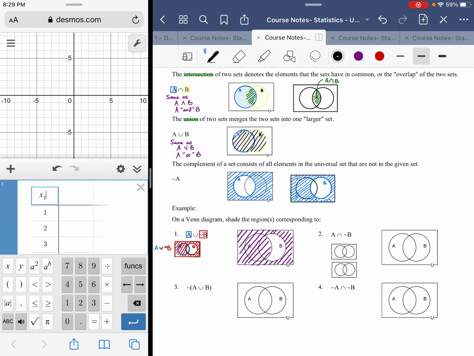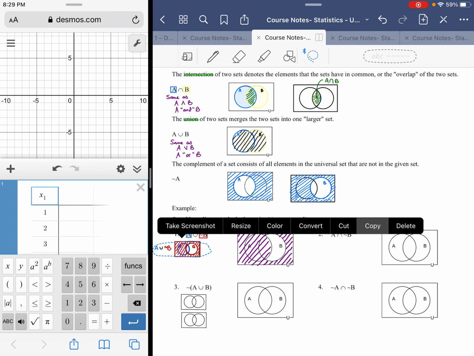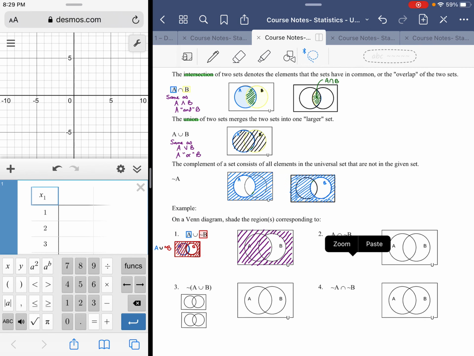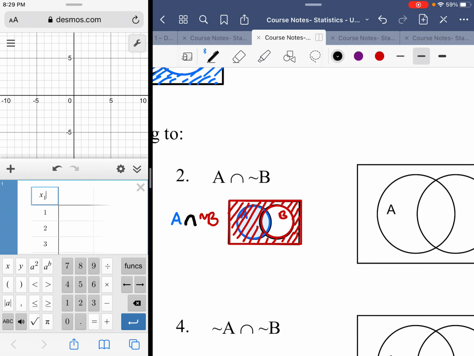All right, so here we're looking at A intersection of not B. I actually want to have my same diagrams, so I really don't need these pictures for this one. I need this stuff again because we've already merged the two independent sets of A and not B, but this time I want the intersection. So in this case, I'm looking for the part of the graph that is shaded